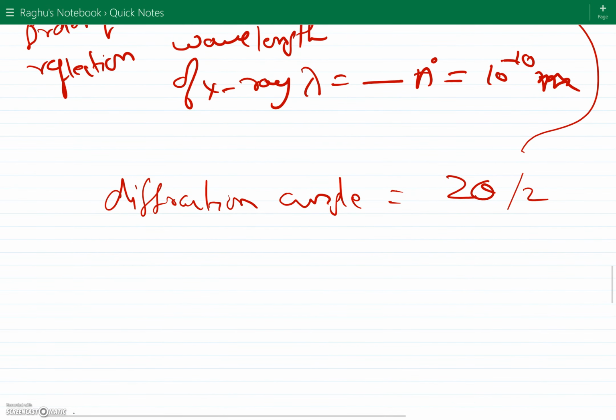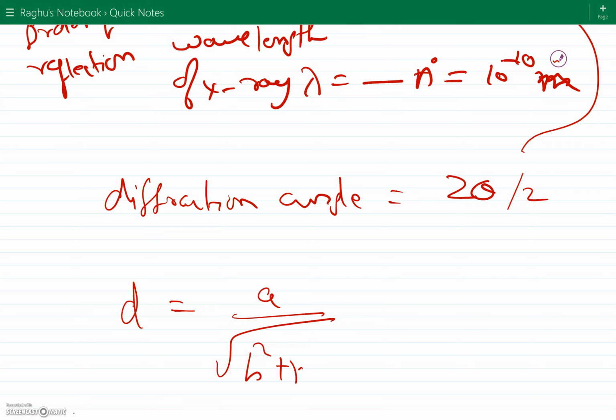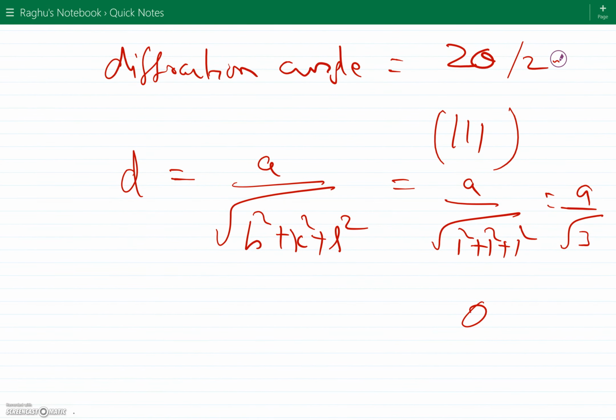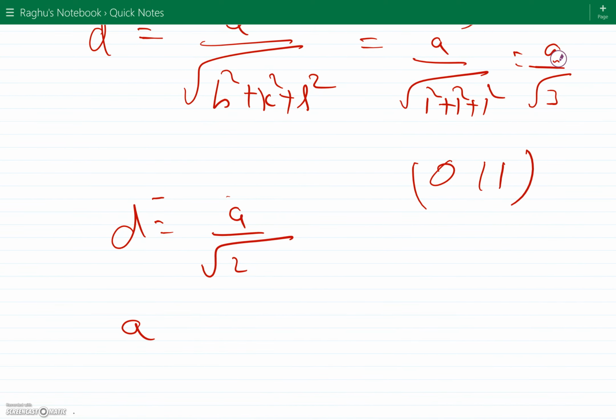Okay, and then for cubic structures, the interplanar spacing and the lattice parameter are always related by this expression. If I say this is the 1, 1, 1 plane, then d is nothing but a divided by the square root of 1 squared plus 1 squared plus 1 squared, which is a divided by root 3. If this is the 0, 1, 1 plane, then d equals a divided by root 2. And so on and so forth. So this is d and this is a. Once you know what a is, you can calculate